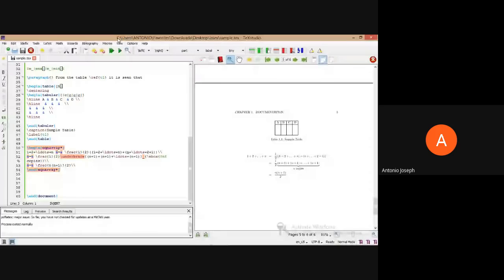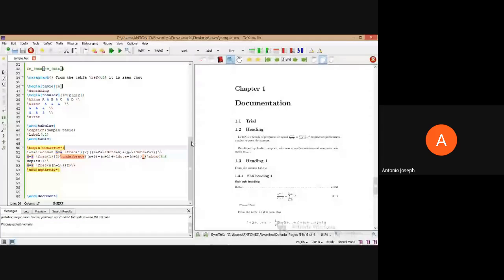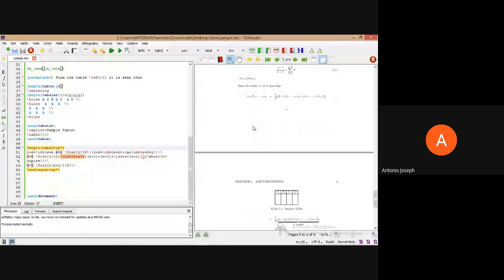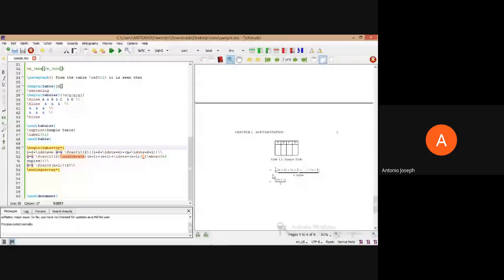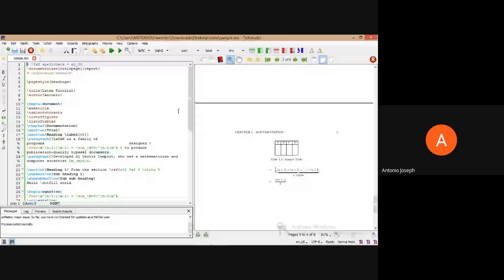Now I will show the difference. See, here the equation is beginning from here, and later it is moving on to the next page, and in between that, the table is coming. So it's not that good, isn't it? In between the derivation, we don't want that kind of tables. So it's better to use a math environment, and that package can be used. That will be treated as a single equation, so it won't permit any figures or tables to come in between that particular equation.